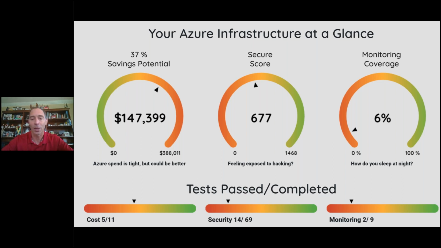And we're showing you a cloud resources monitoring coverage of 6%, which you might think was selected to show you an extreme example, but this is not far from typical. Most companies actually have very little monitoring coverage, and Victor's going to talk a lot more about this.